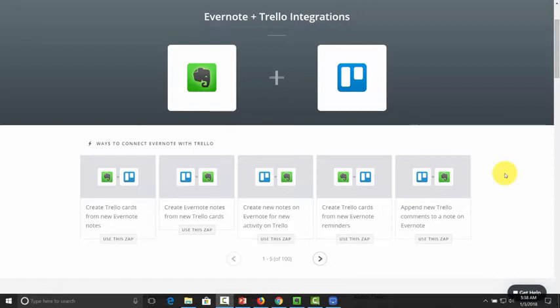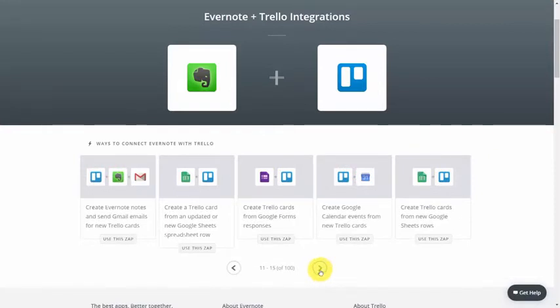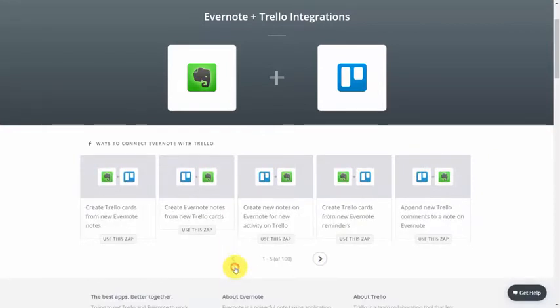If you like another level of organization and categorization, you can actually integrate Evernote with a very popular application called Trello. And Trello allows you to manage lists as well as individual items. And while Evernote allows you to archive individual items, you can combine the two in an integration in Zapier. Evernote and Trello have about 11 total integrations. And so as soon as you find the integration that best fits, you can start the integration process between the